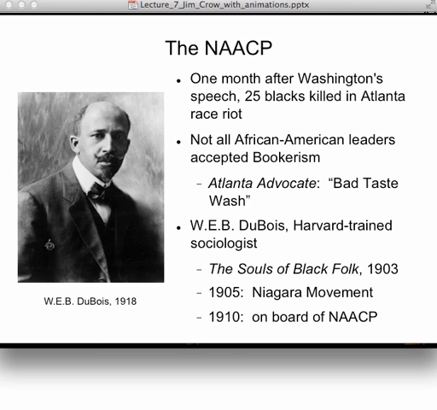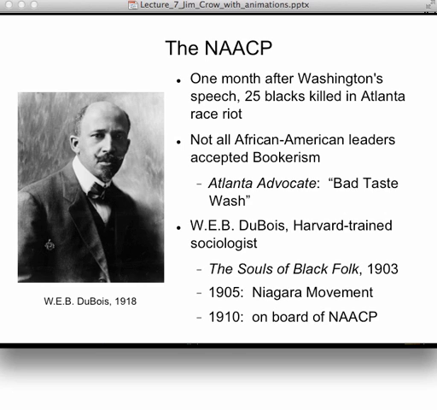So he was a very high-powered scholar who in 1903 came out with a very famous book called The Souls of Black Folk, which is an extensive treatment of African American folk culture that still is widely read to this day. In 1905, Du Bois and a group of his friends met at Niagara Falls and formed what was called the Niagara Movement. Essentially the goal of the Niagara Movement was to try to defeat Jim Crow and to resist the ideas of Booker T.